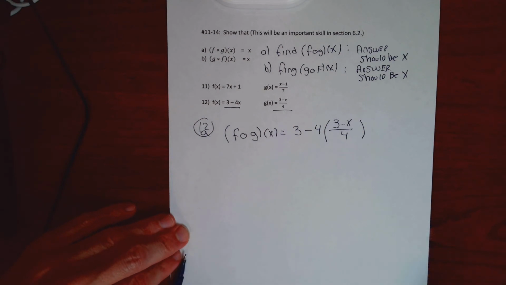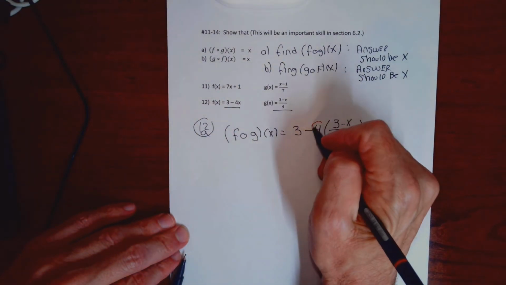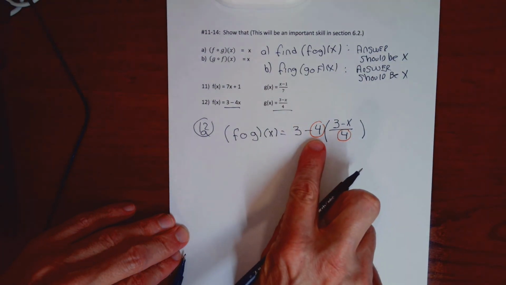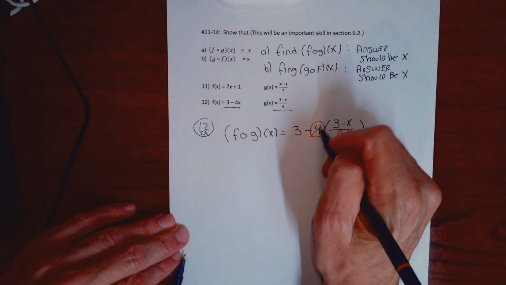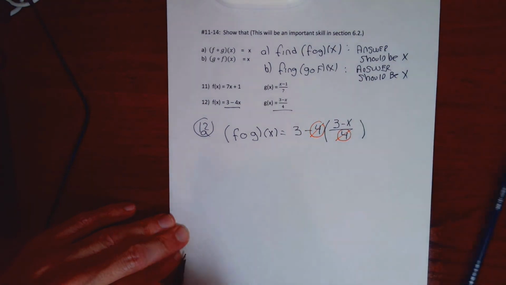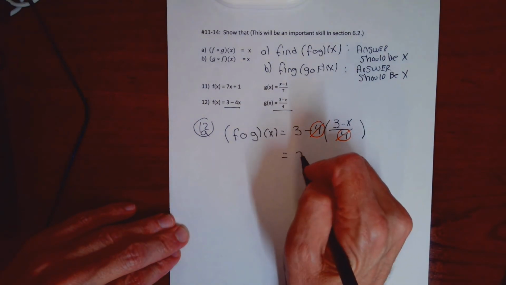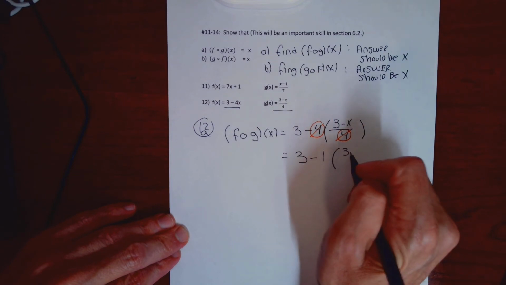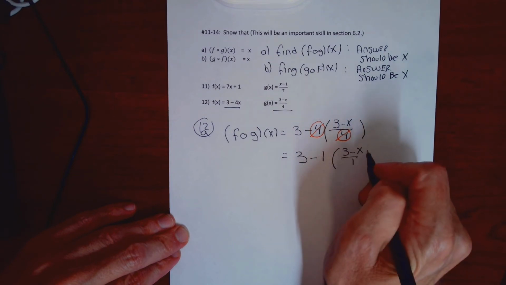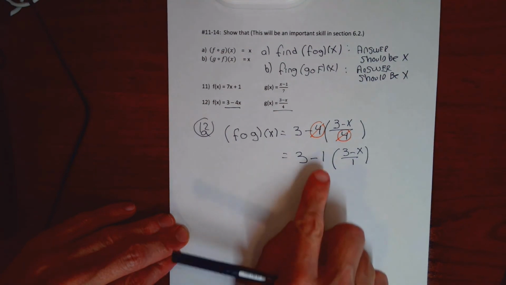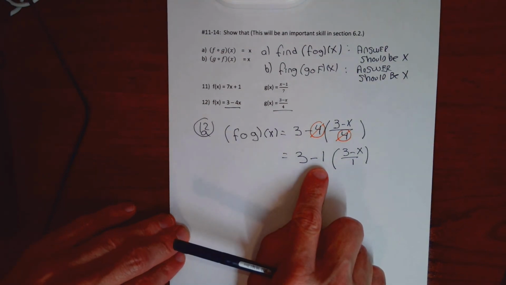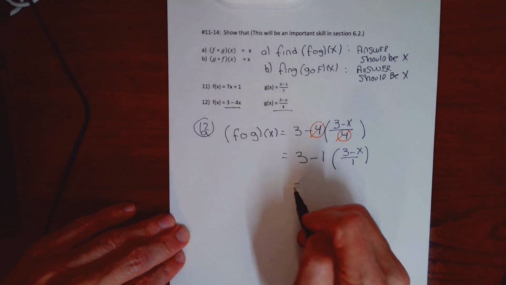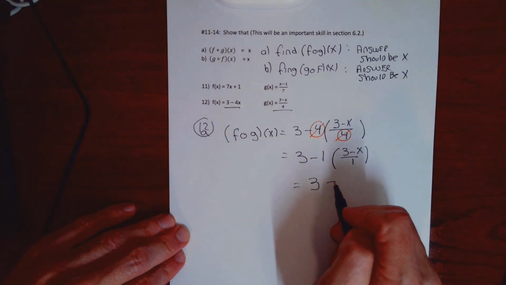Now I need to simplify, and this 4 will cancel with that 4. This is a 4 in the numerator, cancels with a 4 in the denominator. They turn into 1s when they cancel. This actually comes out to be 3 minus 1 times 3 minus x over 1. And both of those 1s can be suppressed. A coefficient of 1 is assumed if it's not written. A fraction over 1 can be rewritten without the fraction notation. So this is just going to be 3 minus